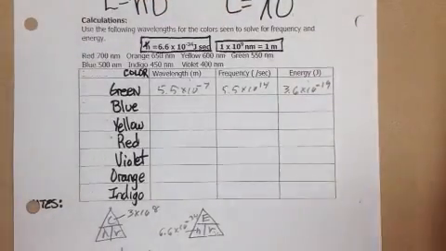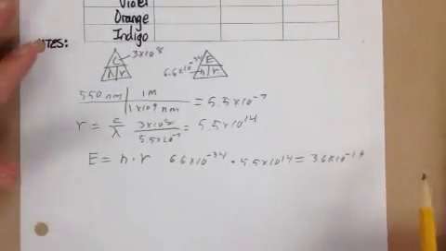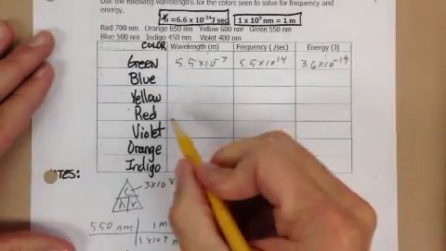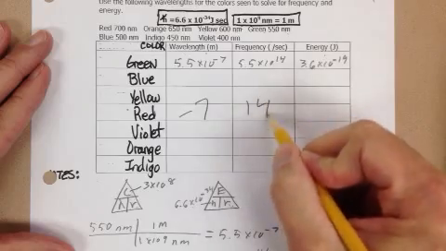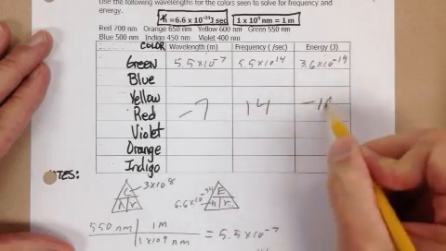And so that's how we work. Every one of those problems is worked the same way. If you do this right, every one in this column should be to the negative 7. Everything in this column will be to the 14th. Everything in this column will be a negative 19. So going back to your lab then,